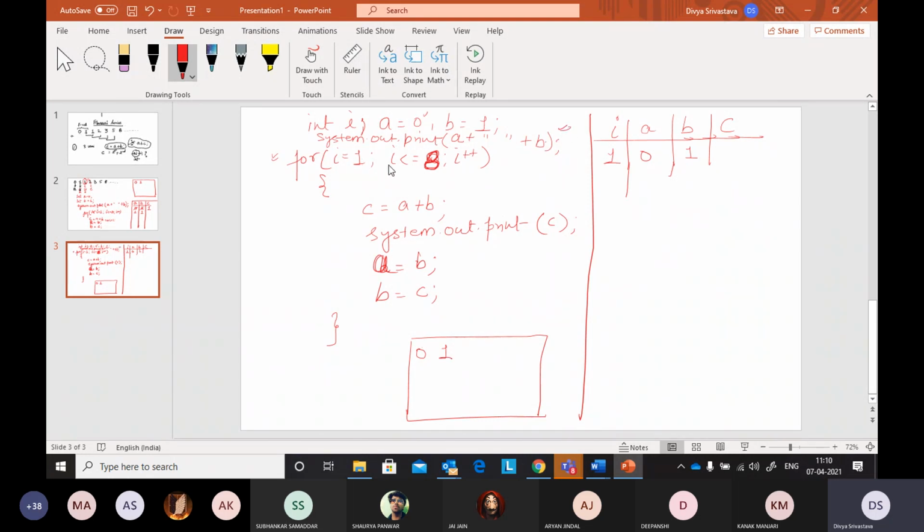Now let us come to the for loop. I is 1. I have already written here. Okay, chalo, I is 1. Now let us check the condition. What is the condition? That I is less than equal to 8. So what is I? 1 is less than equal to 8. Condition is true. So it will go inside for loop. What is the for loop doing? C is equal to A plus B. So C is finding the summation. What is A? 0. What is B? 1. So 0 plus 1? 1. It is printing system.out.print. Since I have not changed my line here and neither I am changing it here, so it will print in the same line.